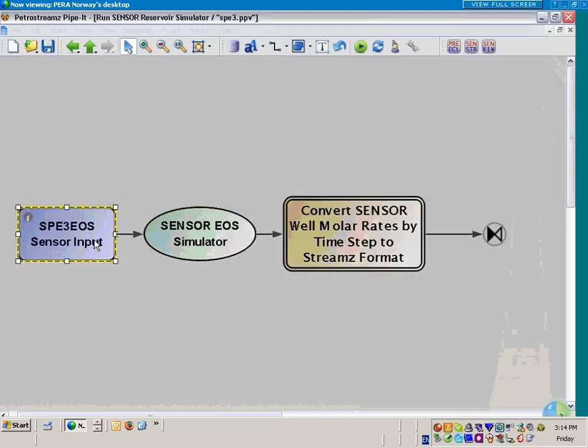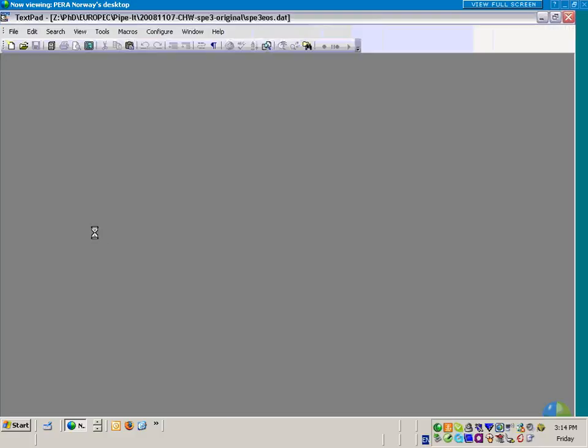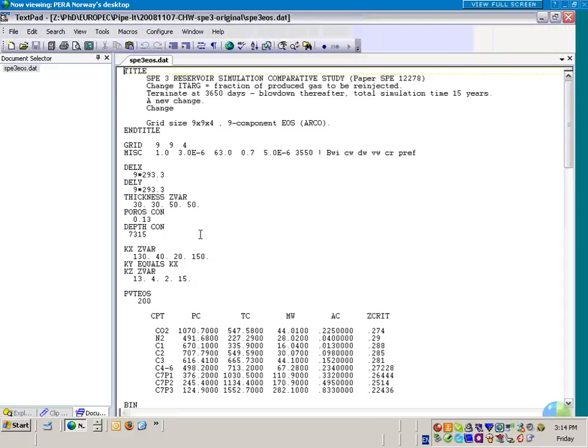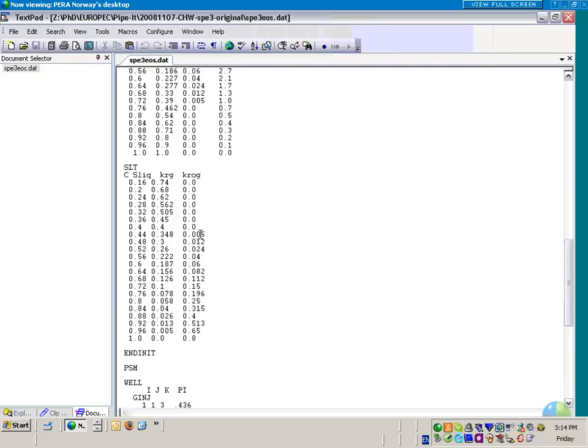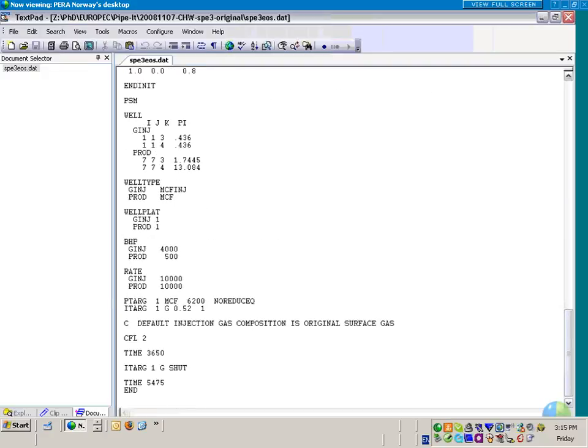And when you see one of those, it's actually linked to a file. So if you double-click on it, it'll open that file up, and you can edit it or do whatever you want with it. And that's an input data file to the reservoir simulator. So if you go out again,